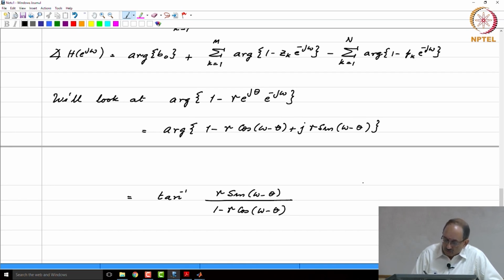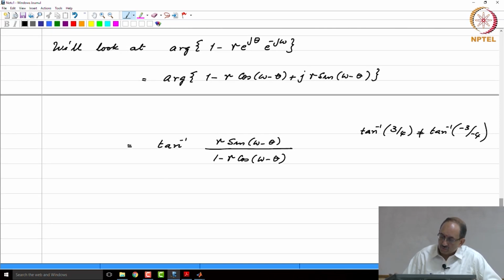The reason why I am mentioning that is tan inverse of 3 by 4 is not the same as tan inverse of −3 by −4. So, we are looking at the 4 quadrant inverse tan here,